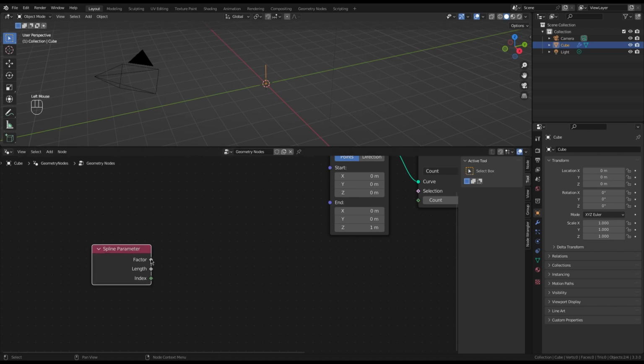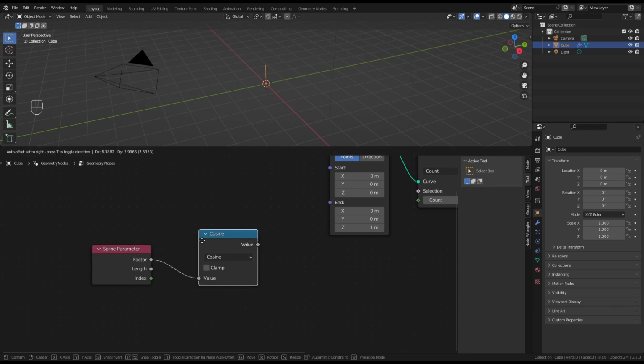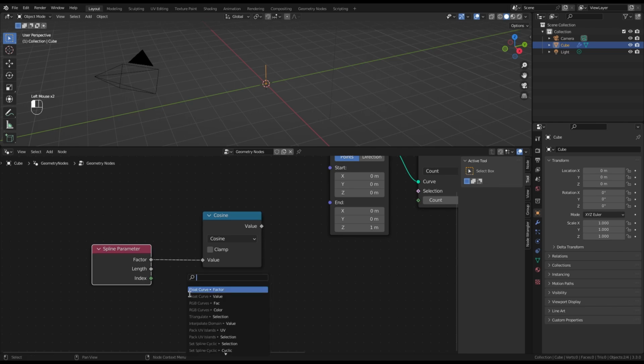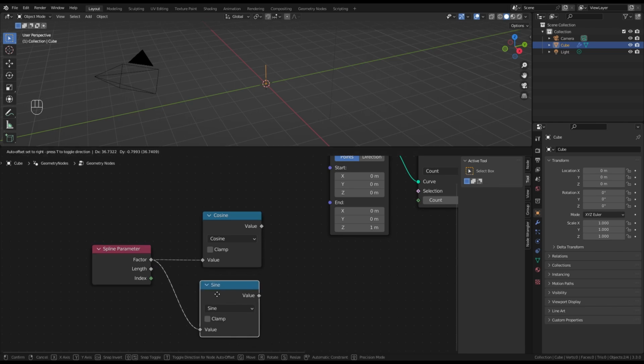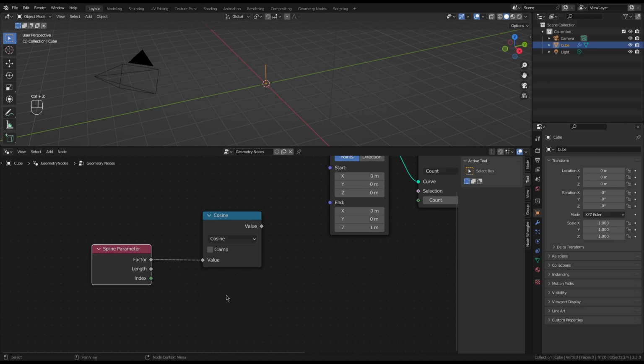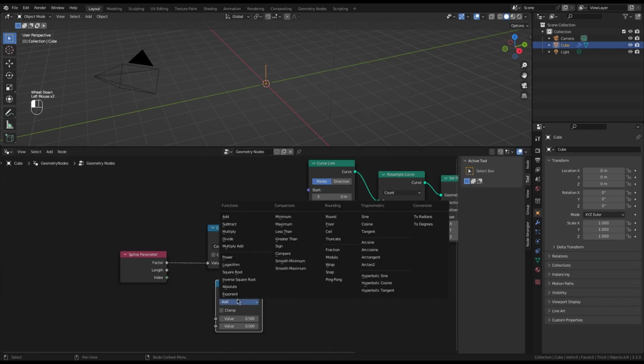And this we will plug into a cosine for the x and a sine for the y. This is where Node Wrangler really shines. So let me just go ahead and undo that real quick. Like I want a math box. I want to change the function from the default of add to sine, and I want to hook up this factor to it. So what I could do is Shift A, search for a math node, put that in here, and then change the function to sine,